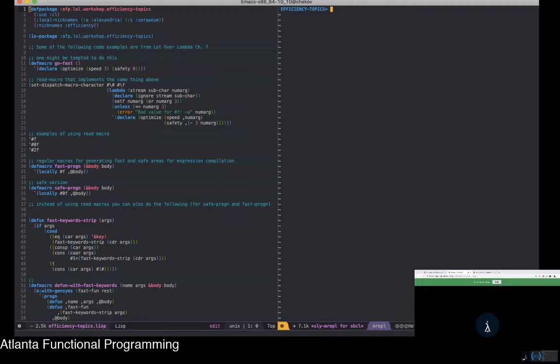So if you look at this example here in my Emacs buffer, this is the reader macro that he generated. Now all this does is it checks to see if numarg is less than or equal to 3, and then makes sure that the appropriate speed and safety flags are set up accordingly. Hopefully you can read my minibuffer here, but when I expand this out, you'll see that it just sets the flag to